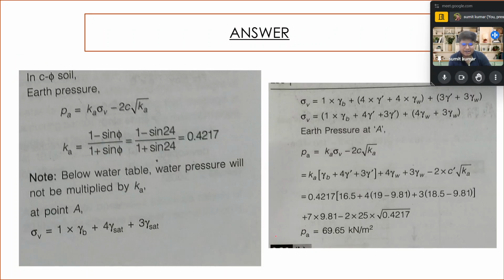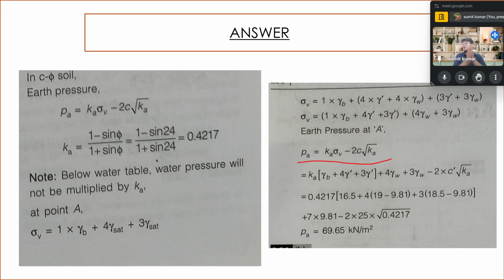So what I have done is that I have applied this equation only, that is PA equal to K sigma v minus 2c root K. When I calculate sigma v, first of all for the first layer 16.5 into 1 is there. After that 4 into (19 minus 9.81), then 3 into (18.5 minus 9.81). After that, minus 2c root K, I have done minus 2 into 25 into root 0.4217, plus 7 into gamma w,